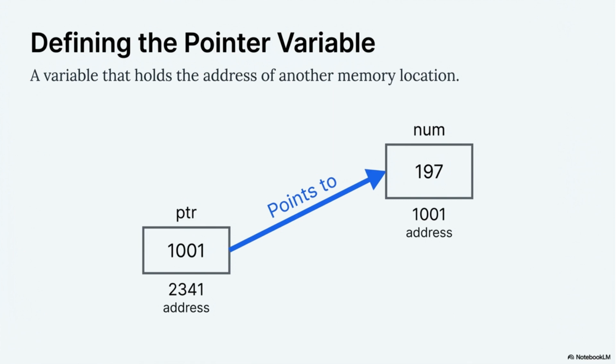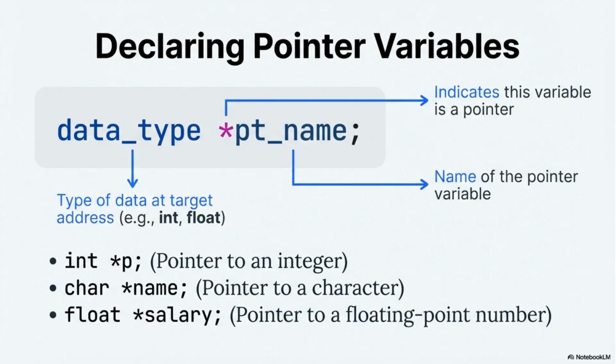A pointer variable is a variable that holds the address of another memory location. Here, the variable `ptr` holds the address 1001, which is the address of the variable `num`. To declare a pointer variable, specify the data type, an asterisk, and the pointer name. The asterisk indicates that the variable is a pointer, and the data type specifies the type of data at the